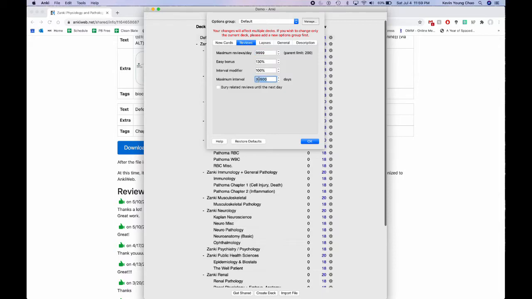The maximum interval I do like to change. So this is when you keep studying a card again and again and again, and you know it really well, what is the maximum possible amount of time before it could be seen. And this I think is just ridiculously high. For most of my cards, I actually set it to 90 days, so 3 months, which I think is a